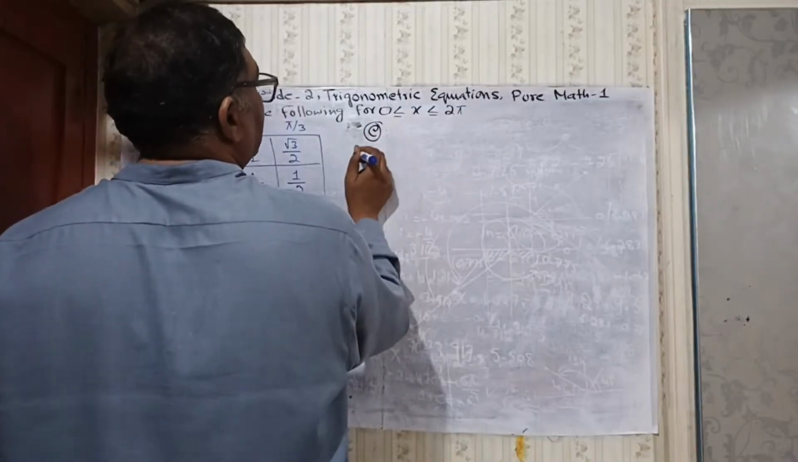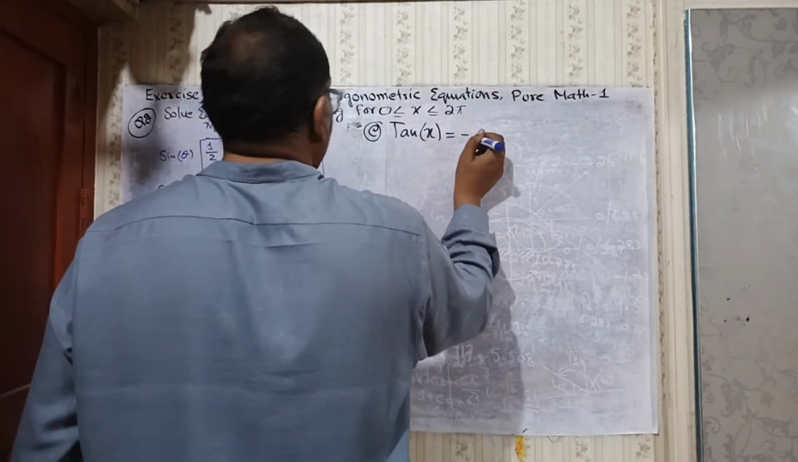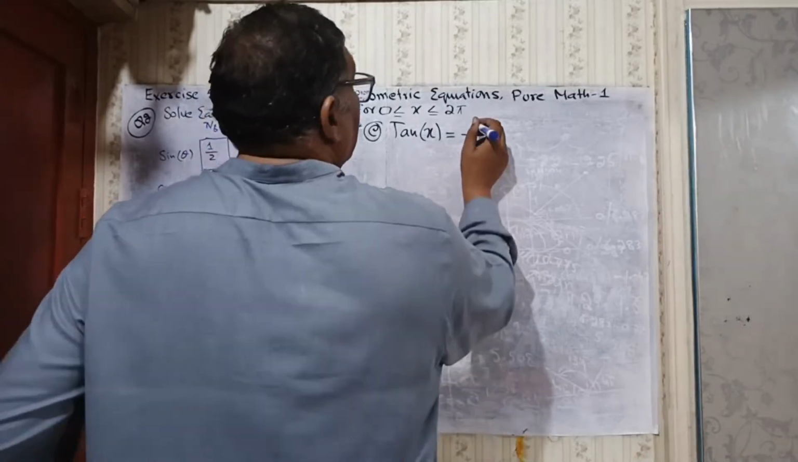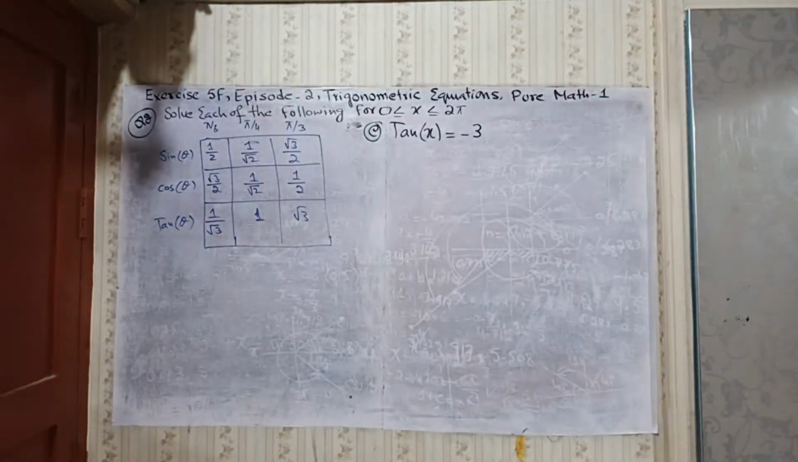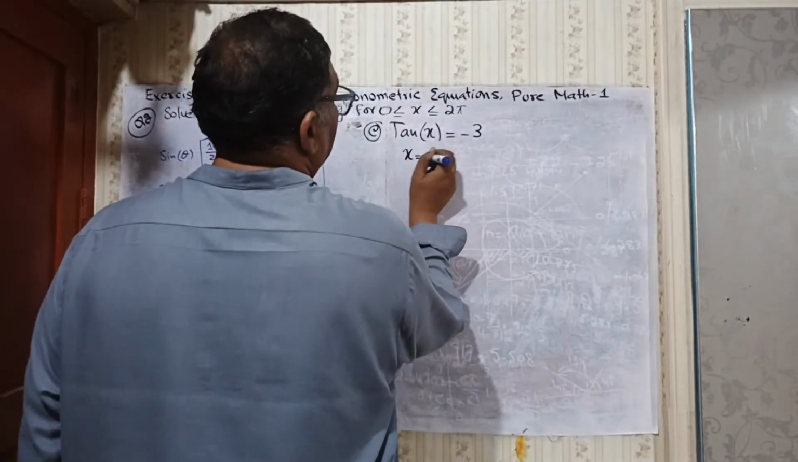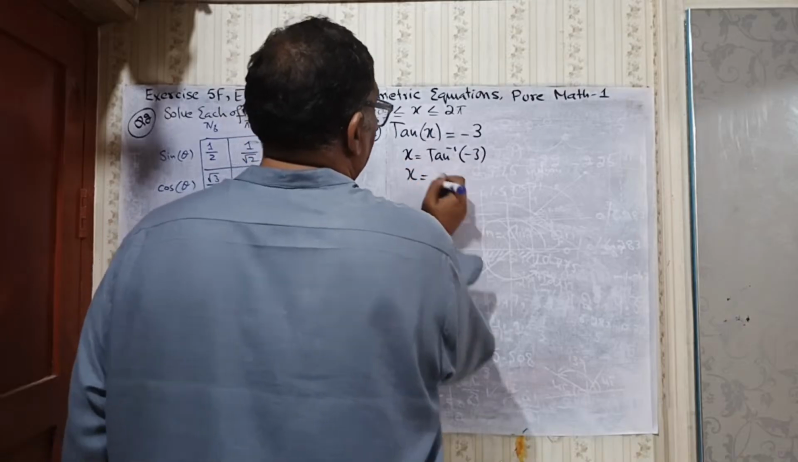He said that tan of x is equal to -3. You see, the tan is negative. You should know that tan is negative in two places: in the second quadrant and in the fourth quadrant. From here, first of all, I will try to find the base angle. What is the base angle? Just take its inverse. So x will be equal to